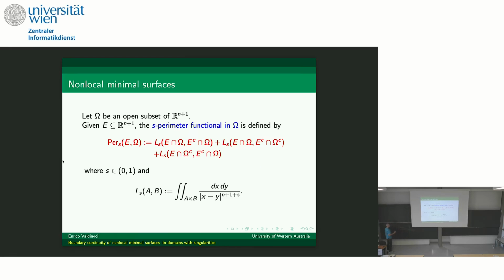So I will have an interaction that I call L_S, and here I have to put E and the complement of E, but I have to, okay, not a great use of the blackboard, but